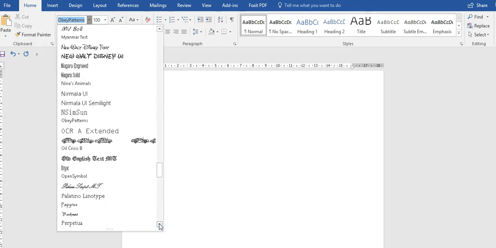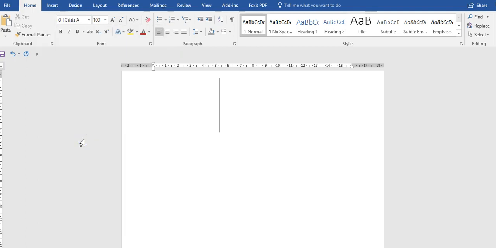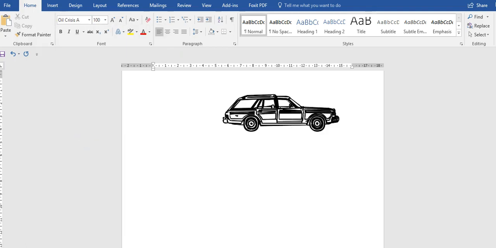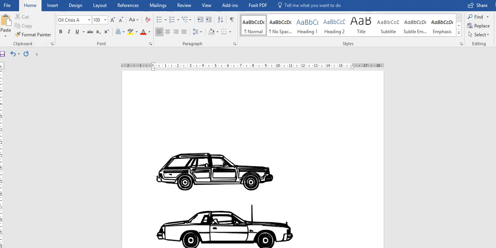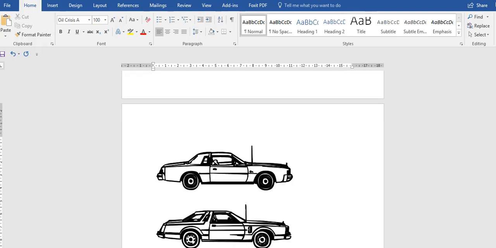Another one I came upon was this one here. It's called Aisle Crisis, and basically this font will actually give you an image of a car that you can put on. For example, that's the letter A, that's the letter B, that's the letter C. So you can see that every one of these images is completely different because it's a different letter of